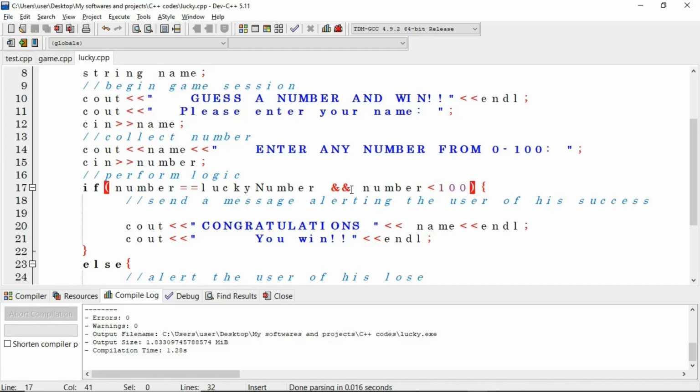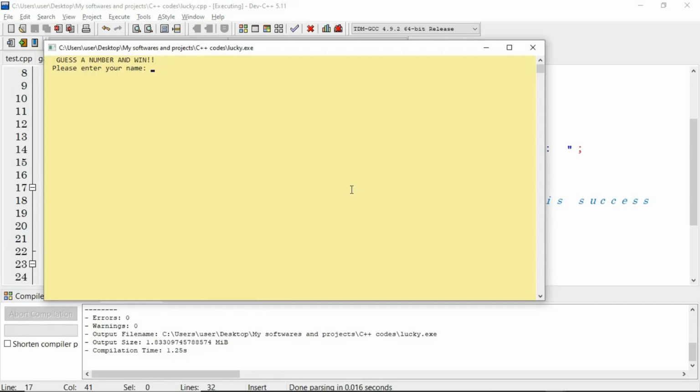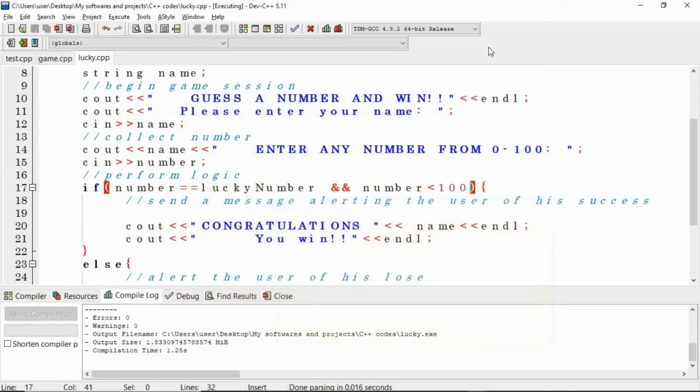So the number is less than 100. If the user's number is equal to the lucky number, and given that his number is also less than 100, that parameter should be executed properly. Good, so we don't have any problem with that. But what if the user enters